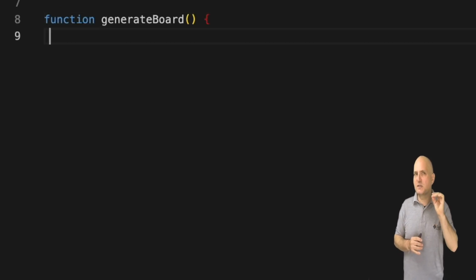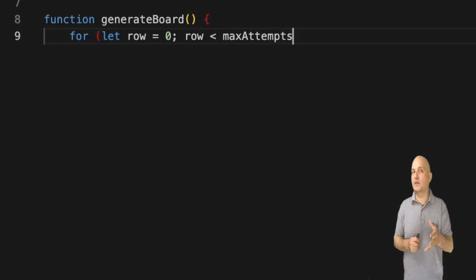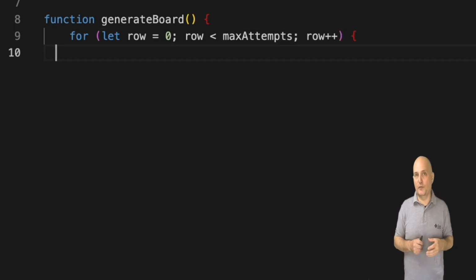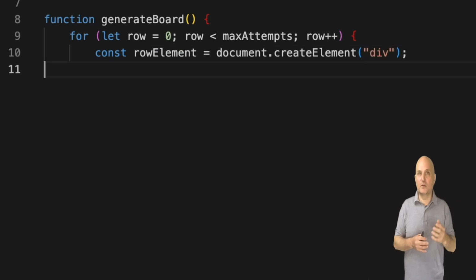A function is similar to a method but has some nuanced differences. In this case, it isn't associated with a class. Notice we don't have a return type since there's no types in JavaScript. In this case, the function doesn't take parameters. The for loop is practically identical to the one in Java, but we use the keyword let instead of int to define the iterator variable.